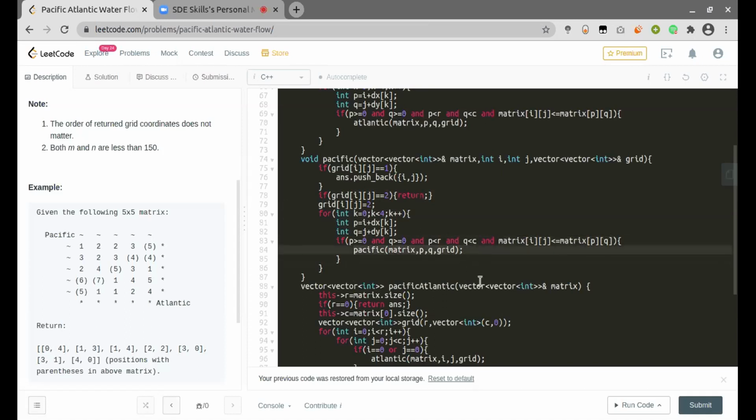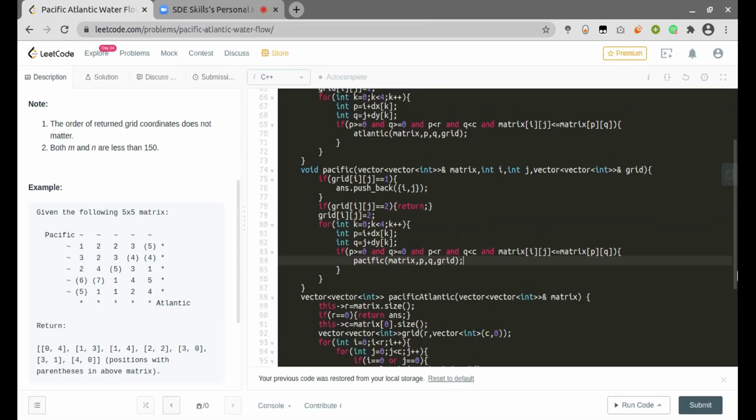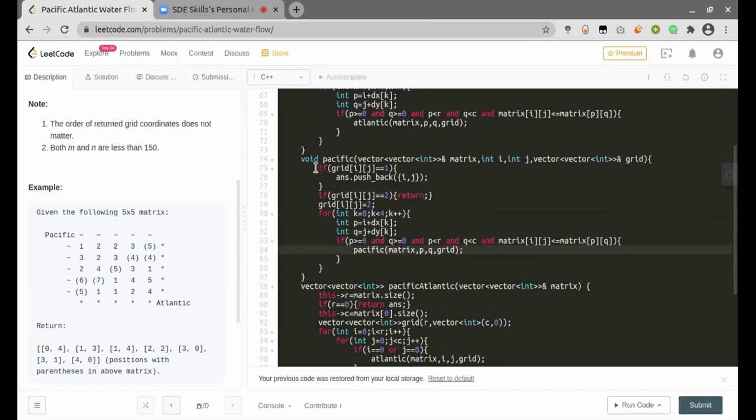And how do you combine them now at the end? Yeah, this line took care of that particular thing. If it was already marked as 1, and now I come to the same node, this means that I can move from both the oceans to that particular node. So I add it to the answer. So you don't have to do a separate thing. You can actually do it there itself.